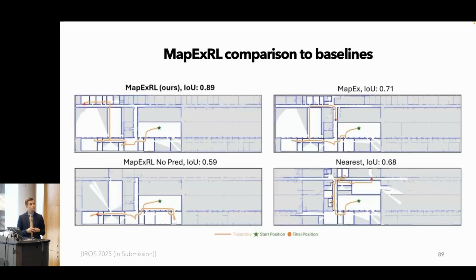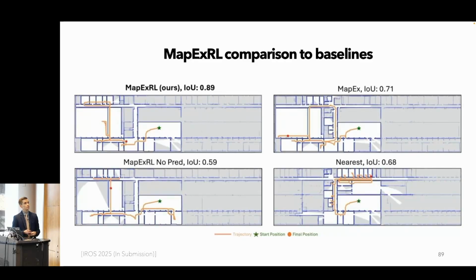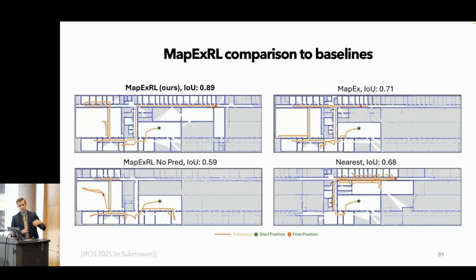And so we compared this to some different baselines. These are just a couple of them. So we have MapX-RL on the top left, MapX on the top right. Then we have a version where we don't pass in any predictions on the bottom left, and then you just have a nearest neighbor approach. And this is just a snapshot, essentially, of one of these tests and what it looks like as it's going out through the space. And then you can see the IOUs in this case that MapX-RL did perform the best